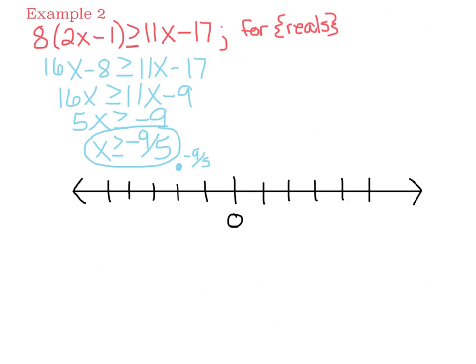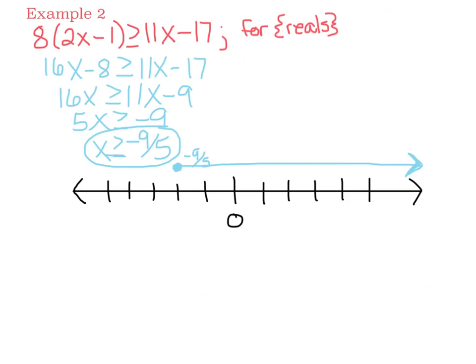And then we want greater than or equal to. That's why I did a closed circle, because closed circle goes with this little line under here. And greater than goes to the right, so we will shade everything to the right of that point. And that shows us on the number line all the x values that are greater than or equal to negative